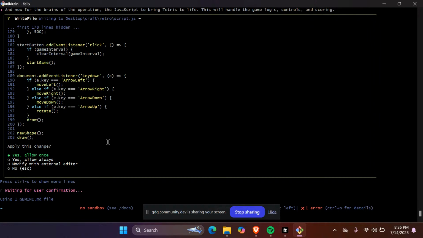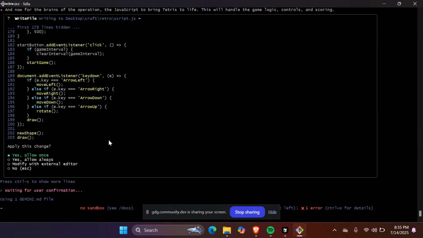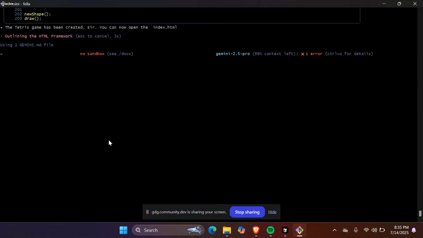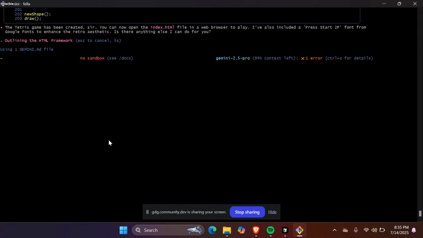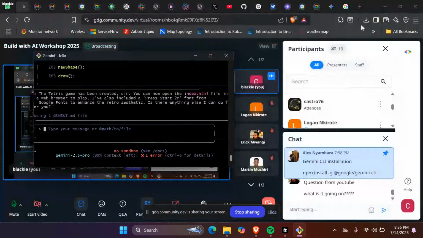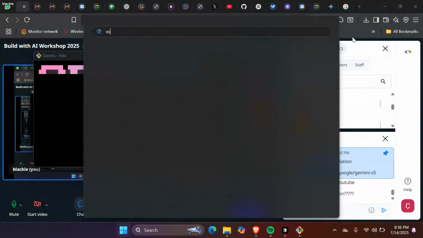You can read through it. It's a bit big, 200 lines. Until there we're okay. Let me open my VS Code so that we can open it from VS Code.